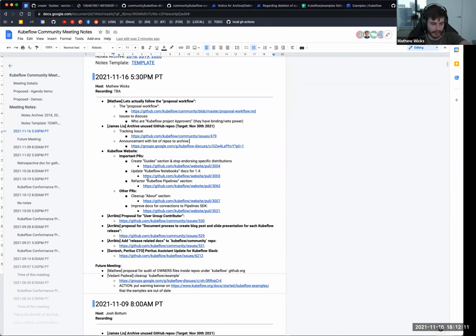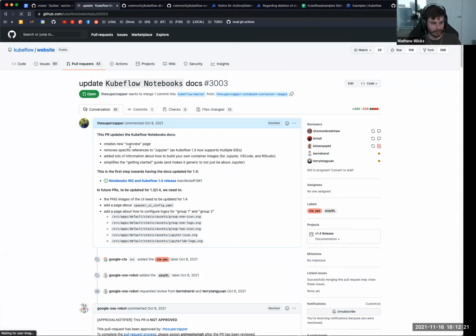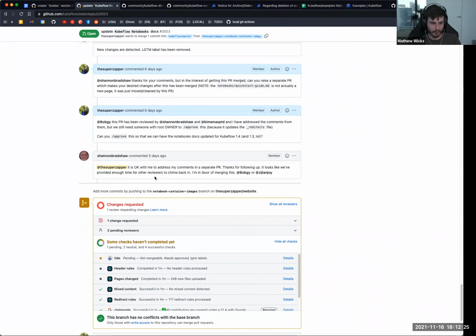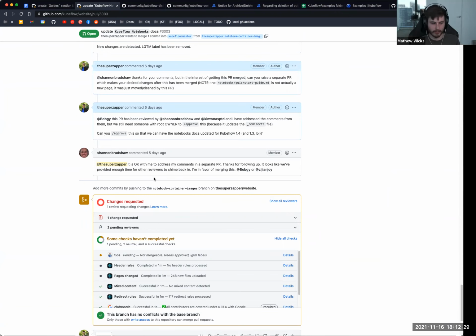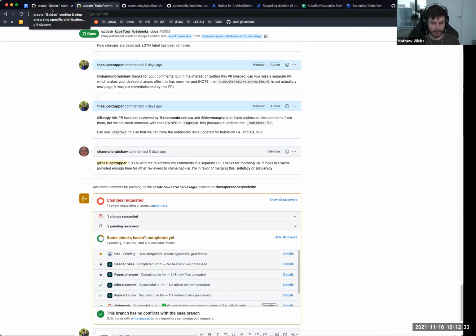Cool. I do want to just highlight that anyone with approver rights, the notebooks working group has finished working on the docs for 1.4. So if someone could just approve this, and as you can read through the history here, it is agreed to. Because it adds redirect, someone with root approver on website needs to approve it, like Jan or James or someone. So if someone could just go /approve, that will be great.